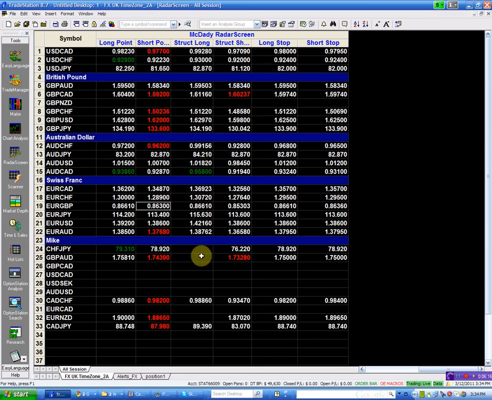I'm only going to go short below 86.30, and my structure short is the 85.30, and I'm going to place my stop above the 86.36. Okay, that is the